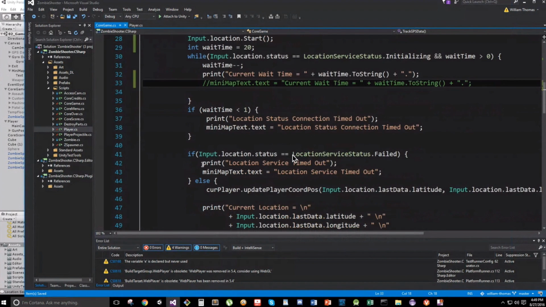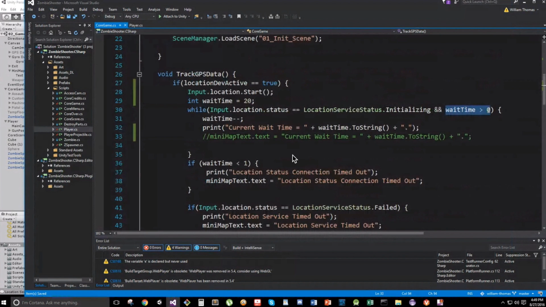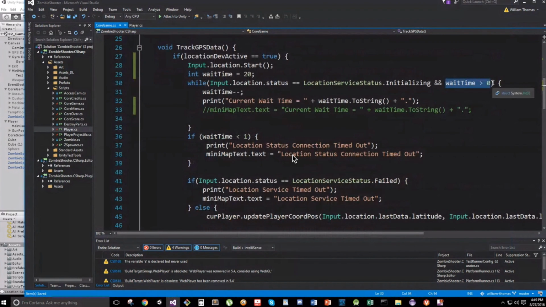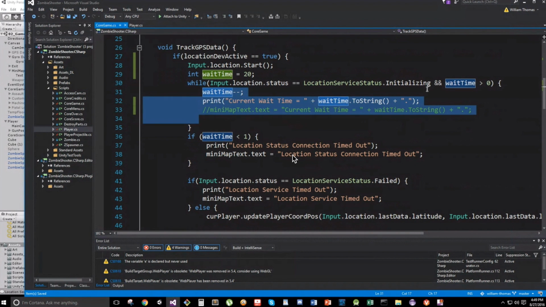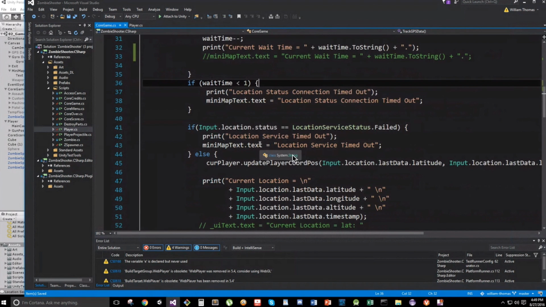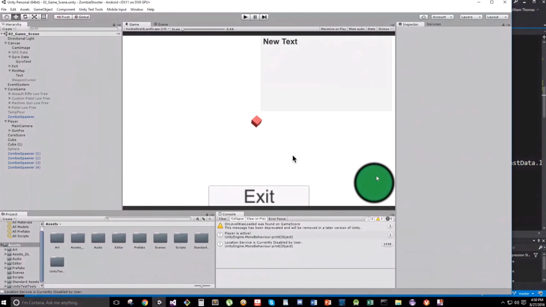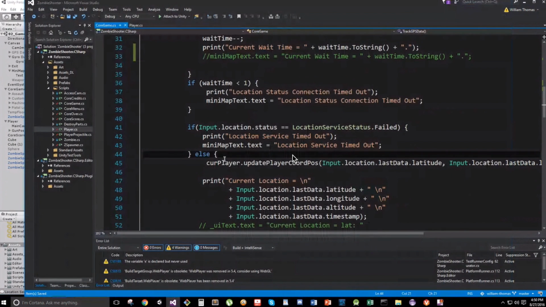So next I have if the wait time is less than 1, because up here I say if it's greater than 0. Then if it is 1, it's going to subtract once, it's going to run this one last time, and then pass to here. And I print to console if the location status connection timed out, and I set the UI text, minimap text, the green circle text to